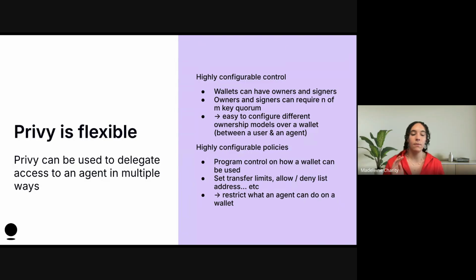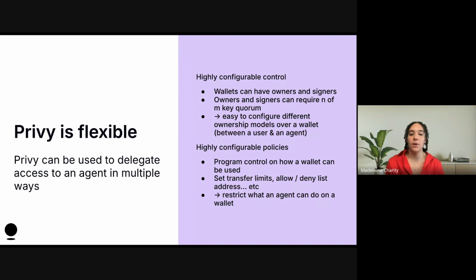to have that transaction approved, or should the agent just be able to spend all of the funds in the wallet however it wants to? All of these different shapes are available with Privy. And it's early in the space, everybody's tinkering and experimenting, and we think Privy being flexible is very important to builders because you can mess around with all of these different ownership models and controls over the wallet models. And then again, we have a very expressive policy engine that allows you to program